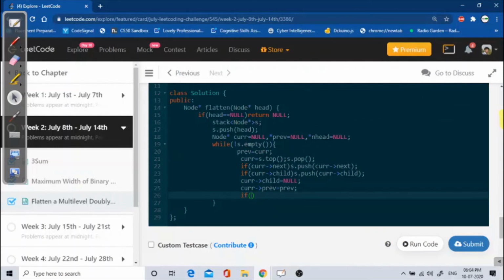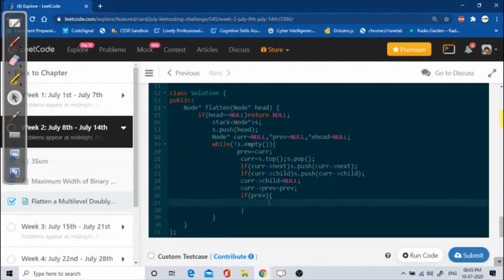In the same way I have to assign my starting node, right? The new head to the starting node of my linked list. For that I will see if my previous element is null, because in the whole linked list only the starting node will have its previous pointer pointing to null. If my previous pointer is not null, it means it is not my starting node.